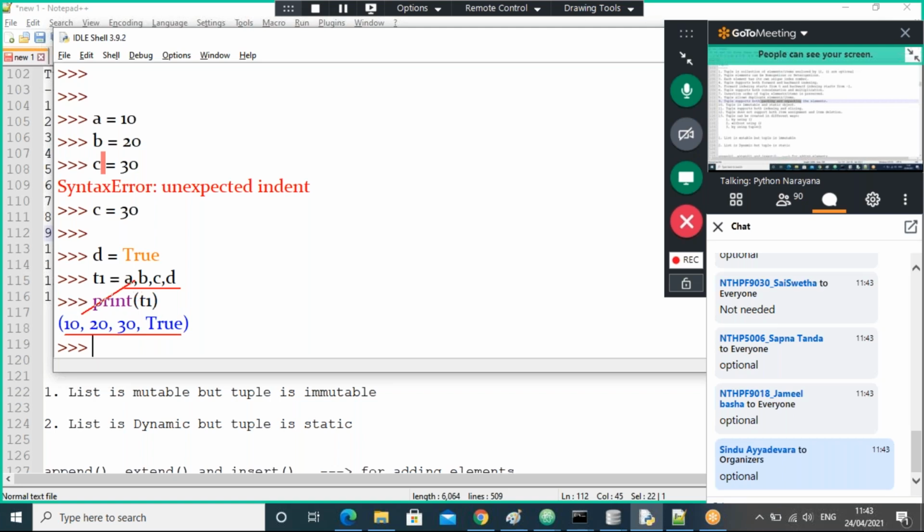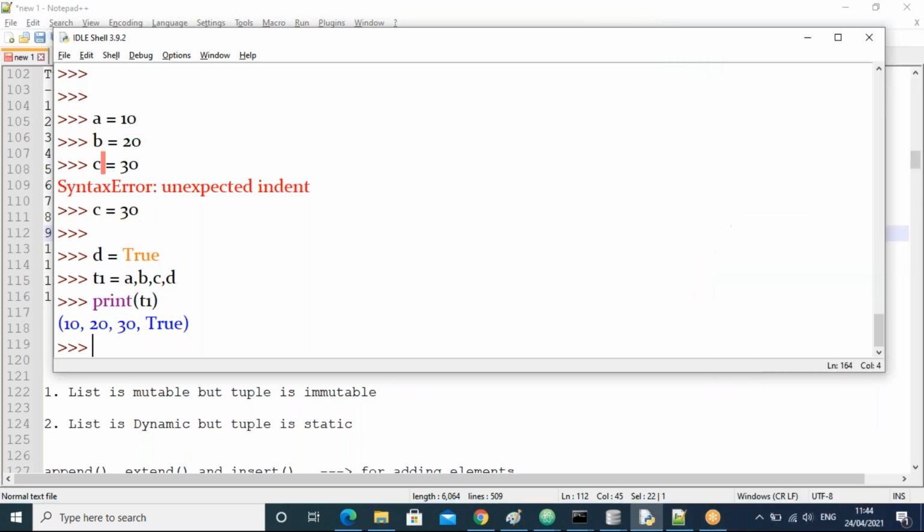First variable a, so first value 10. What is b value? Second variable b, second value 20, right? Next c 30, same. And d is true, guys. a, b, c, d. It's packing, right? Packing, guys.